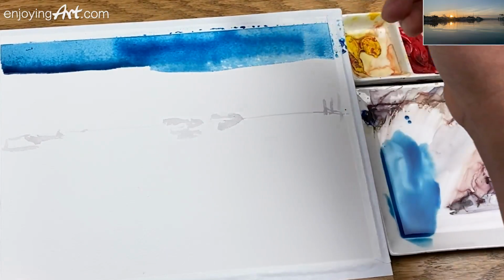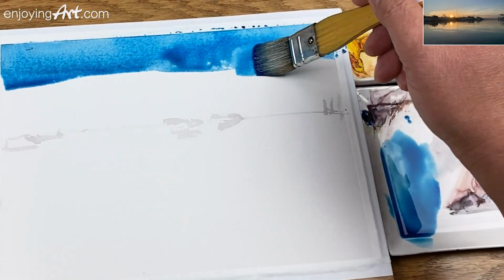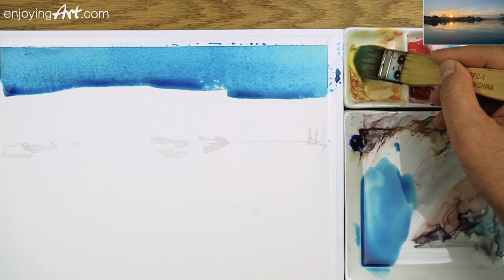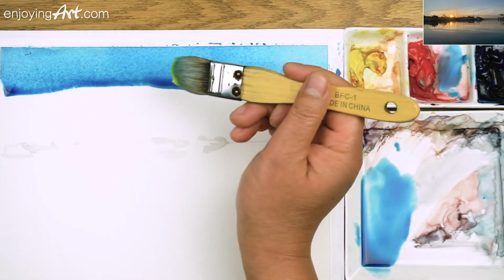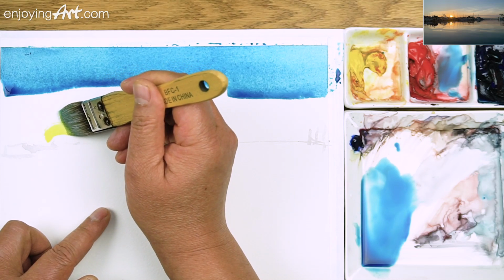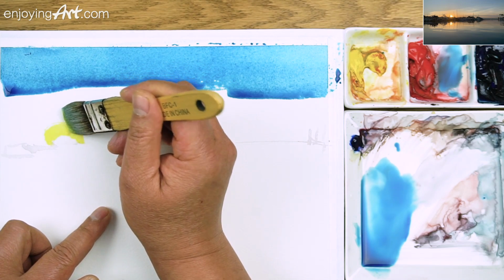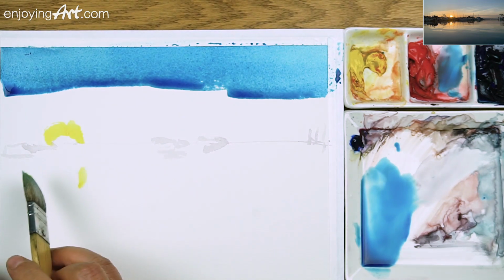Okay, like that. And if you don't have enough water, it would make it feel dry. Make sure the brush is totally clean. Don't have any blue color, otherwise it would feel like a green. Now I'm going to just use the corner of my brush. Now I know the sun will be here, so I'm going to just prepare that. You see that? Have a little bit of yellow color around this. I'm going to do the same thing in the reflection right over here,